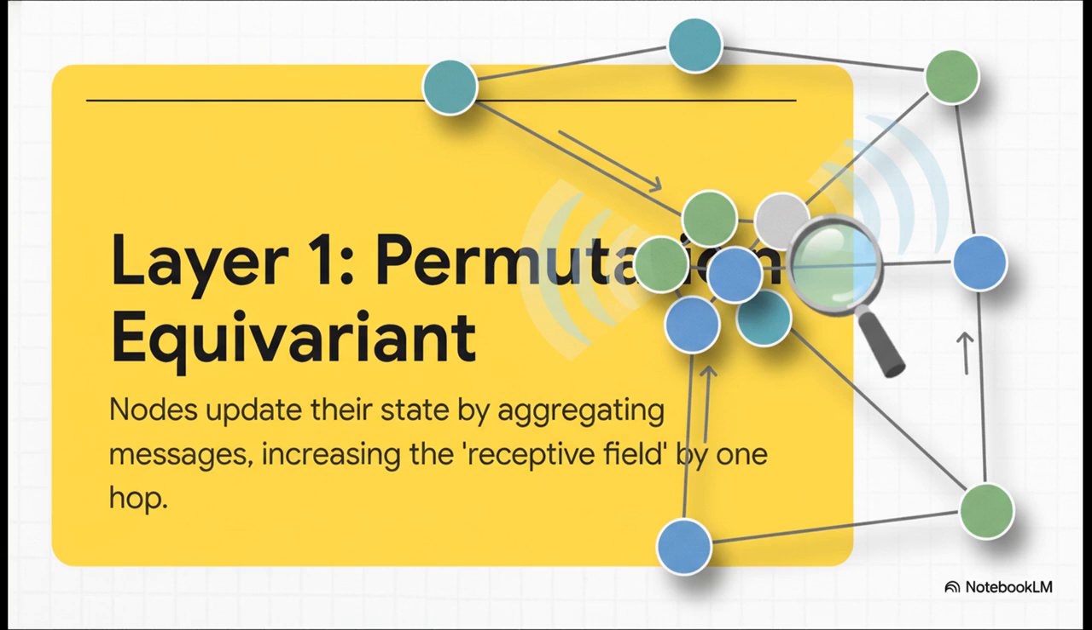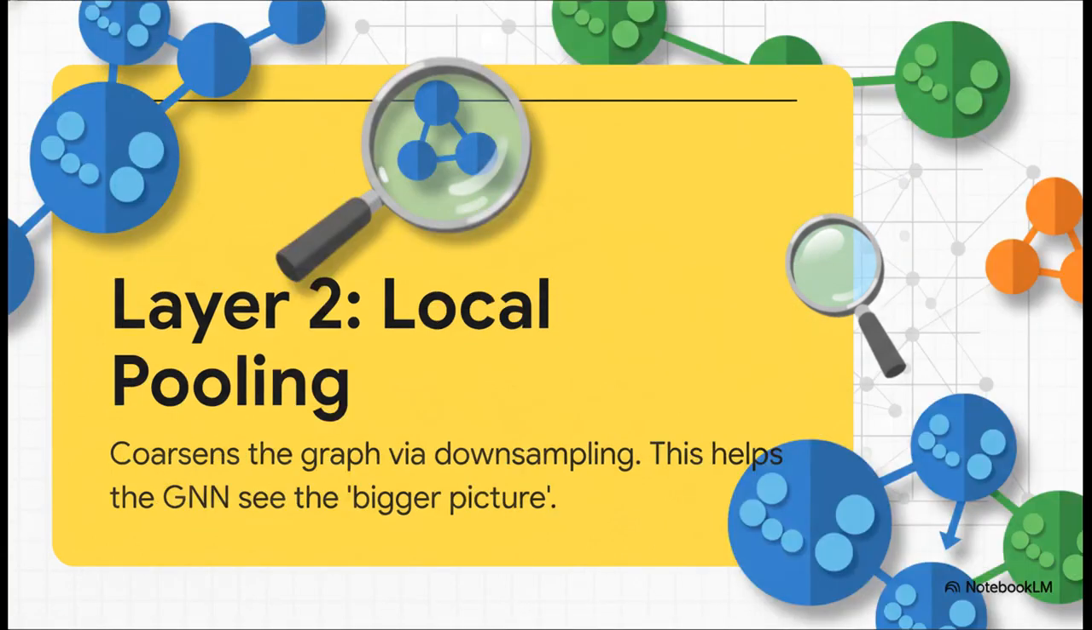So, one layer, you hear from your friends. 2 layers, you start hearing from your friends' friends. Next up, you have local pooling. This is where the GNN starts to zoom out and see the bigger picture. It essentially summarizes groups of nodes into a single representative node. It's a really crucial step for understanding the overall structure, kind of like going from a street-level map to a